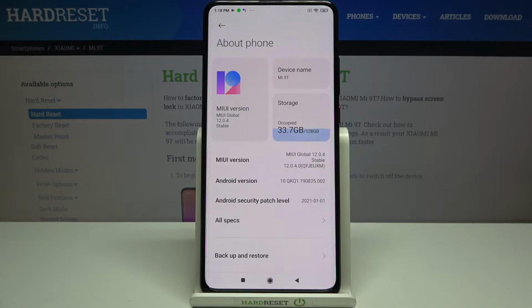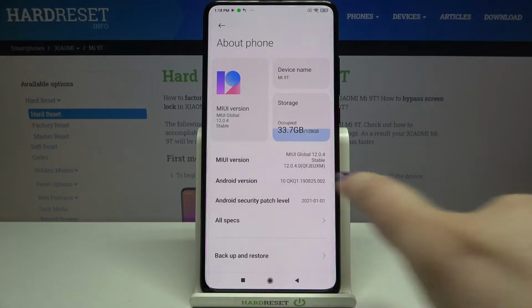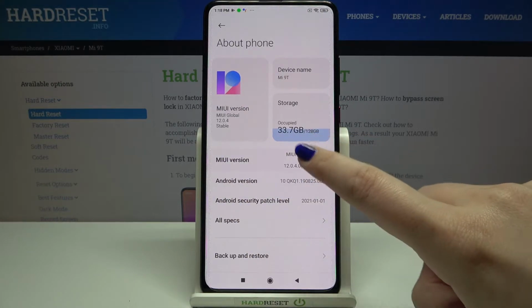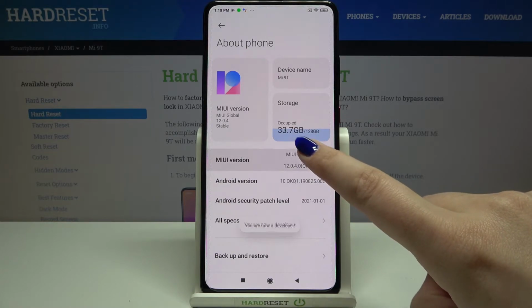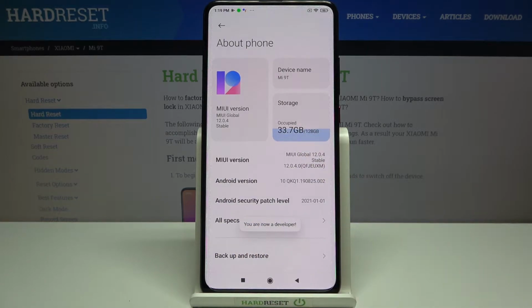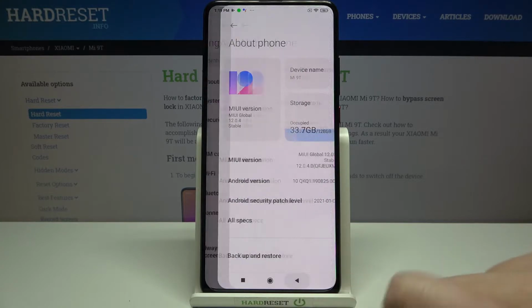All we have to do right now is find the MIUI version, which should be right here, and now keep tapping on it until you'll see that you're in a developer mode. As you can see here, we've got the info that we are now a developer, so we can go back,